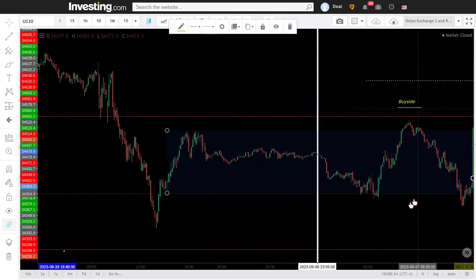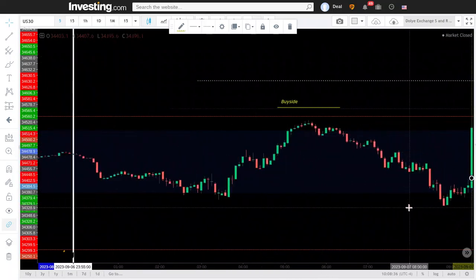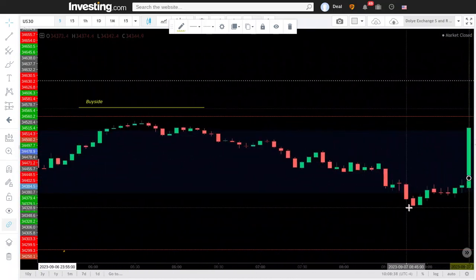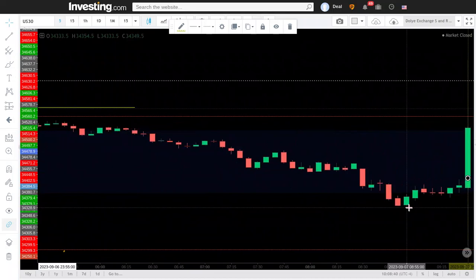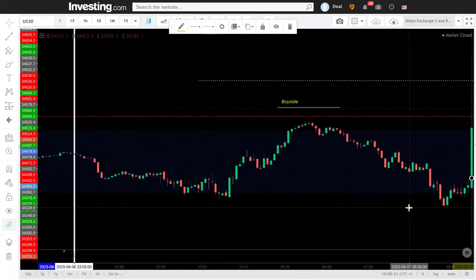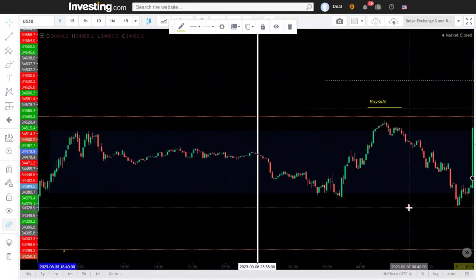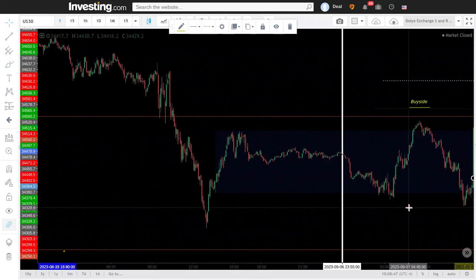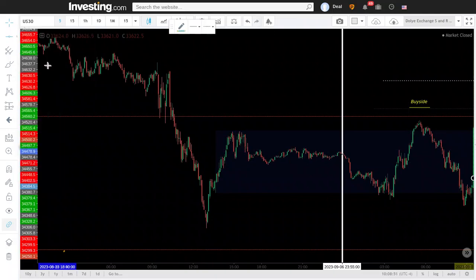Okay, so I just found my 930 line, right? You see that? And I don't want to see any candle price action to the right of that chart. So what I want to do now is find the highest high and the lowest low before 930. So I'm going to get these horizontal lines, and I'm going to mark